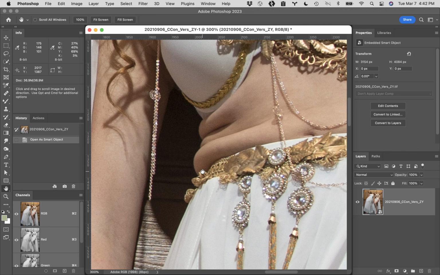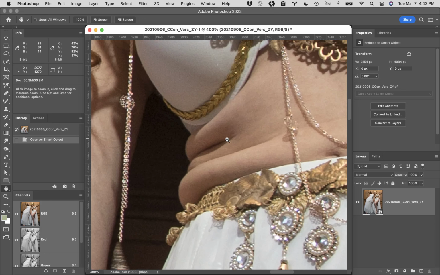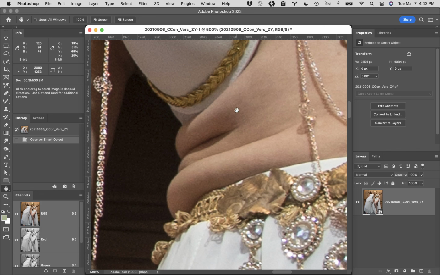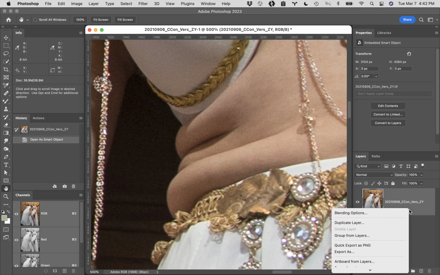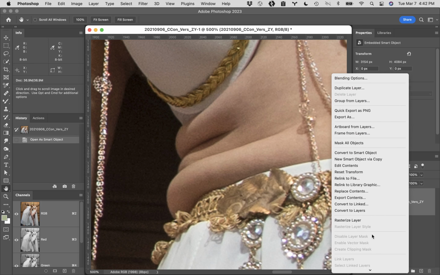Okay. So my challenge is to get this part out, and this is going to be, again, a pretty difficult thing to actually do, but I'm going to try to do this using split frequency. However, I'm going to start with a major part of it first that really isn't about split frequency at all. It's just going to be a quick way to deal with parts of this. So I'm going to go ahead and just rasterize this image just so that I don't have to deal with the smart